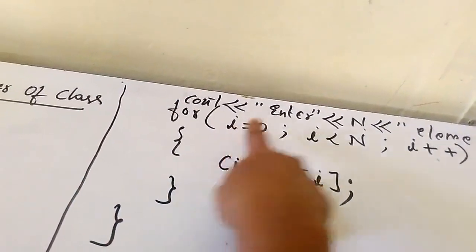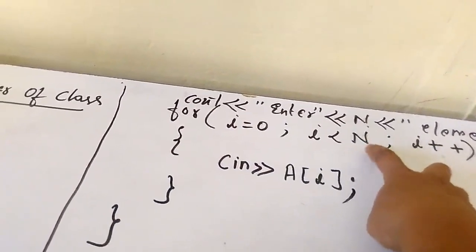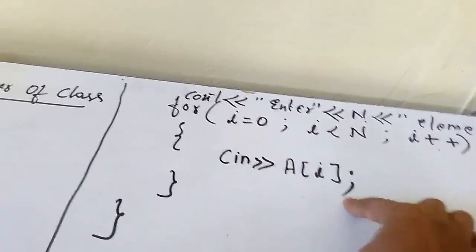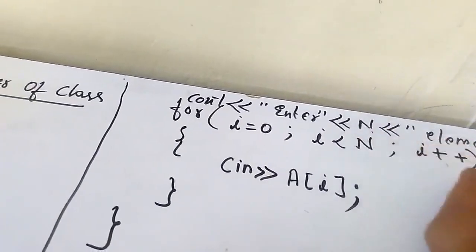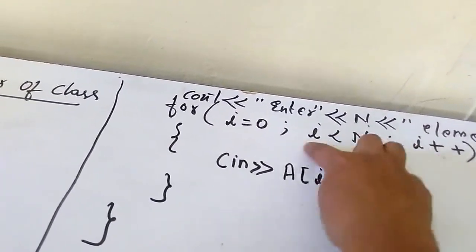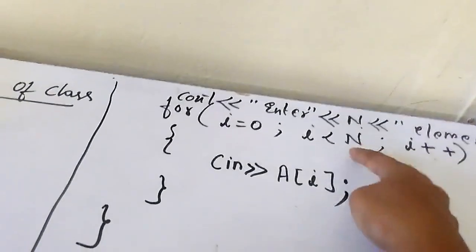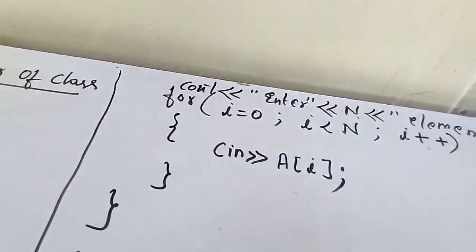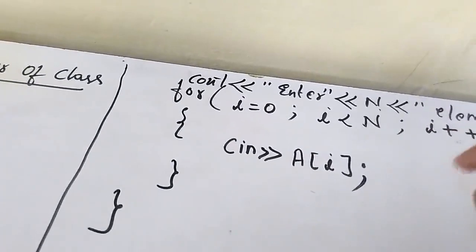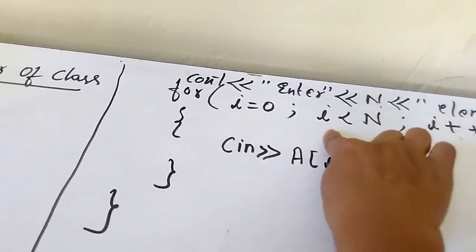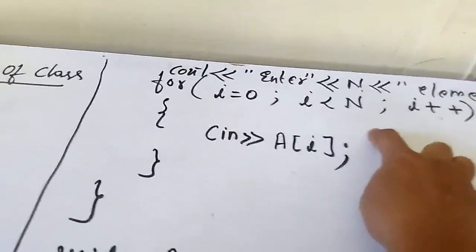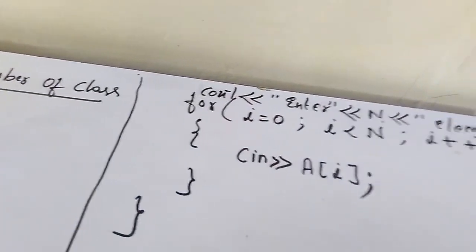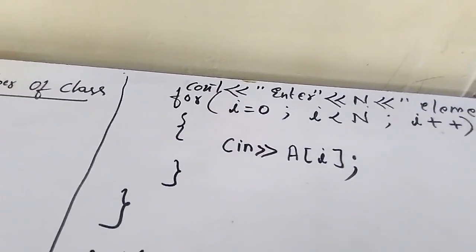First it initializes, then it checks condition. If condition satisfies, it enters the loop and the statement which is present in the loop will be executed. Then i increments. Again, the new value of i is compared with the n value. If condition satisfies or if it is true, again it enters. Like that, the loop will be executed. When i becomes 5, in this example I have taken n as 5, that's why I am telling 5. When i becomes 5, 5 less than 5, condition false, then it terminates the loop. So after coming out of this loop, those 5 values are stored in continuous memory locations.